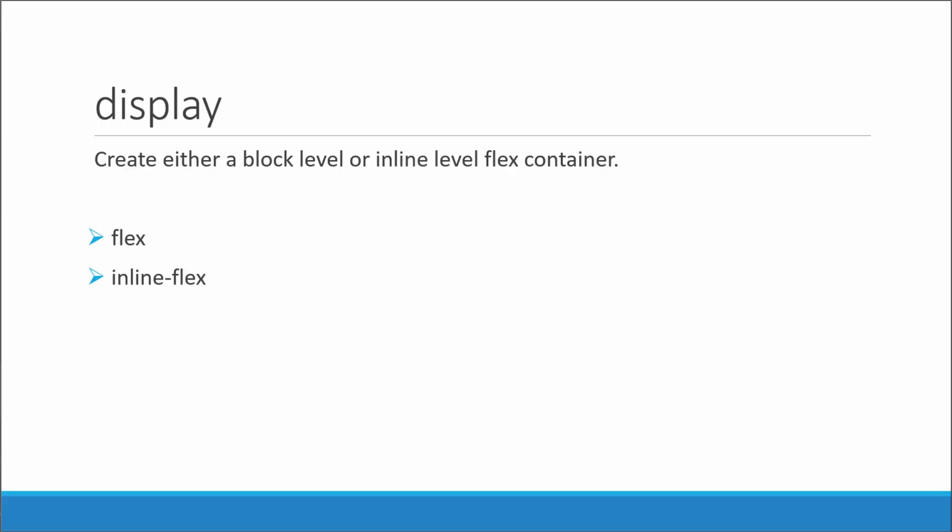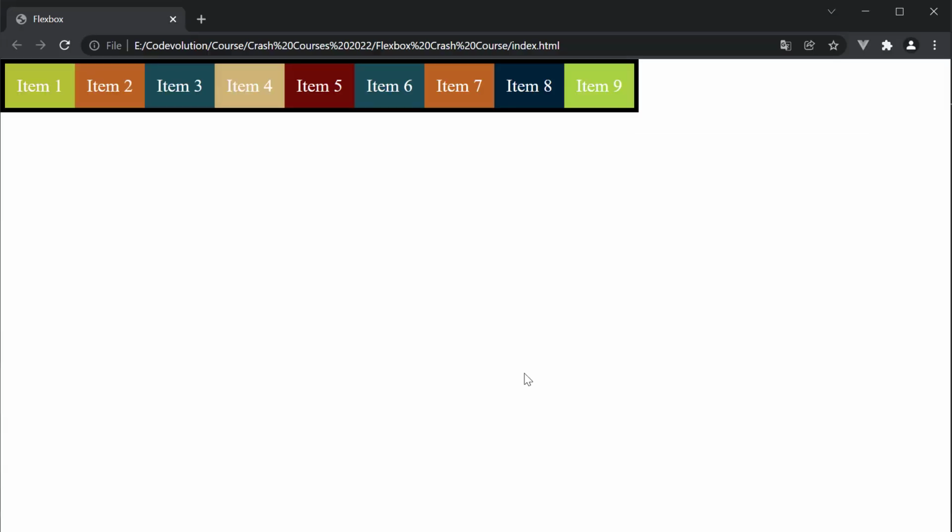So the display property is used to create either a block level or inline level Flex container. The possible values are Flex and inline Flex. The next property we are going to learn is Flex direction. The Flex direction establishes the main axis, which in turn decides how the Flex items are placed within the Flex